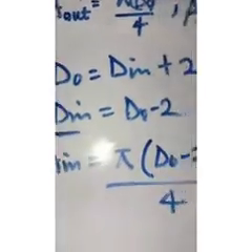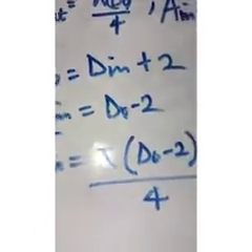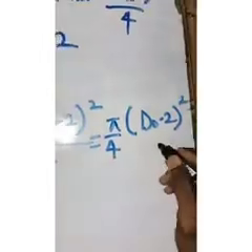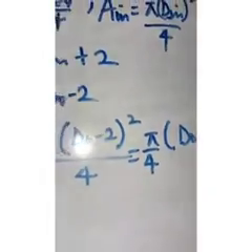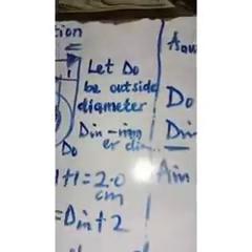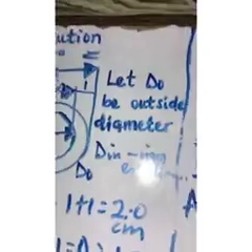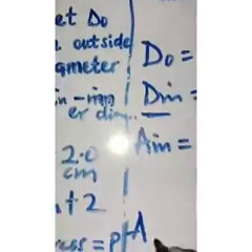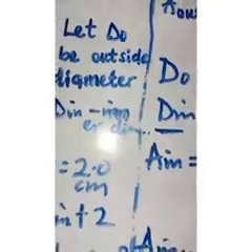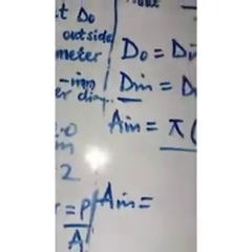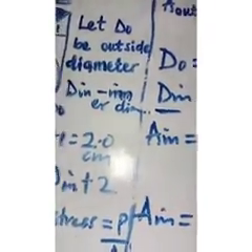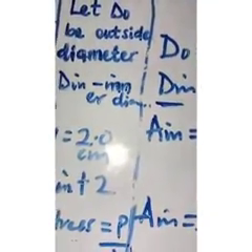If I decide to expand this, I can also have it as pi over 4, open the bracket, d naught minus 2 all squared, all over 1 if you want. So therefore, I can now advance a bit by saying my area in will now be equal to